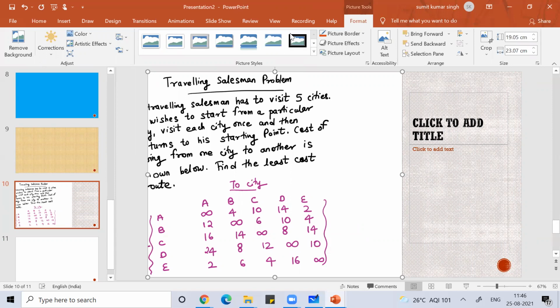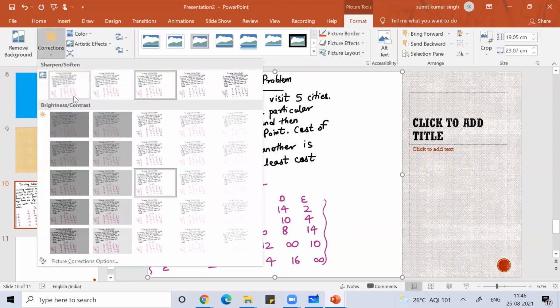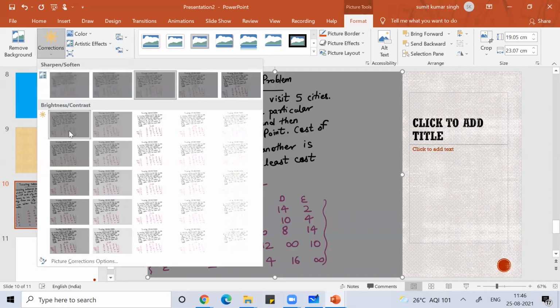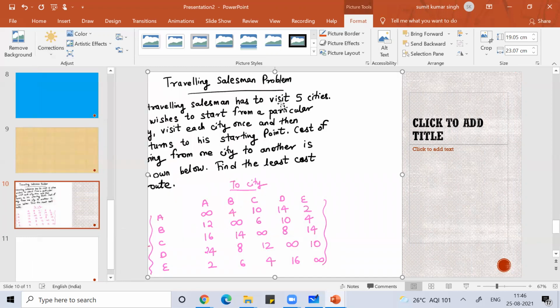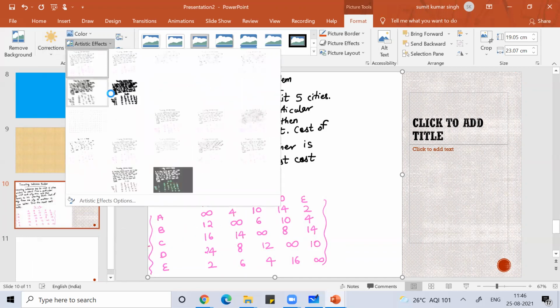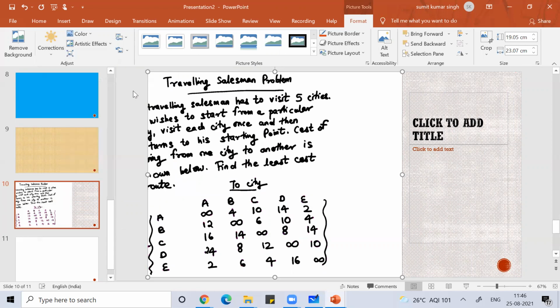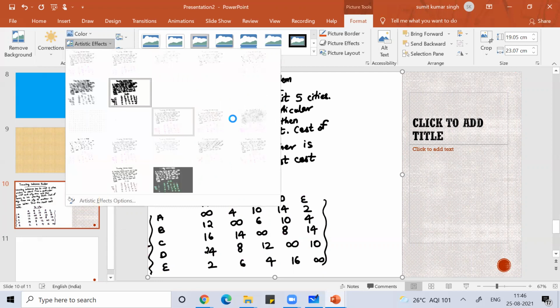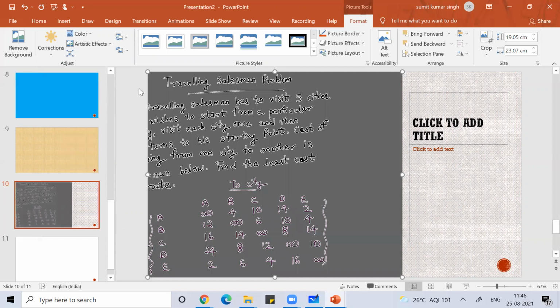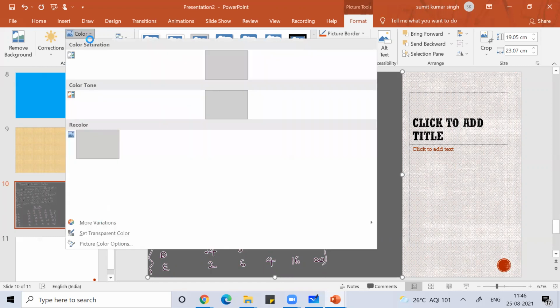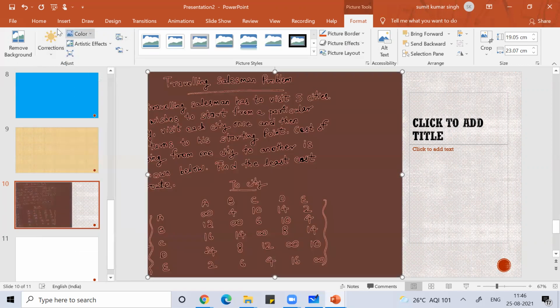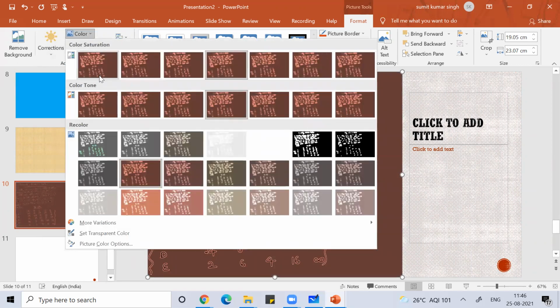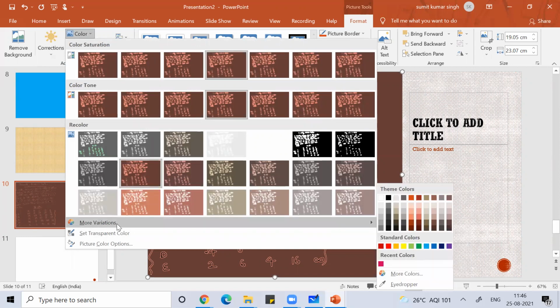So you can add pictures here. You can remove the background and do corrections. You see the picture I added, and I can edit this picture. You use cameras so much in your life, so you know how to do artistic effects. If I want to give an effect to the picture I added, I can. All these are self-explanatory. You can put color in. We can learn these by ourselves.